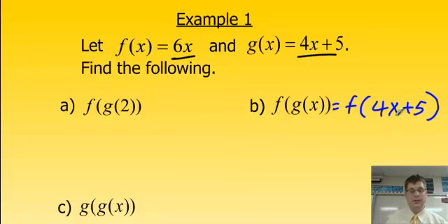Our input's always inside the parentheses in function notation. So since f is 6x, and this is our input, and we always put our input into x, I would rewrite this again as f of g of x